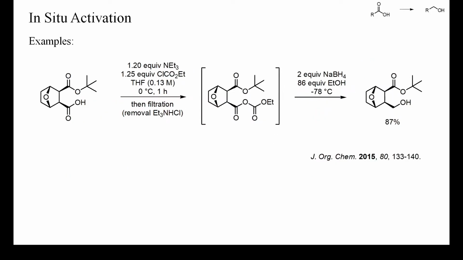In this example, the carboxyl group was activated as a mixed carboxylic carbonic anhydride by treatment with ethyl chloroformate. These mixed anhydrides must be kept cold because at room temperature decarboxylation usually occurs and causes the formation of an ester, an ethyl ester in this case, which is much less reactive than the anhydride. Again, the activated intermediate could be reduced with sodium borohydride at low temperature, which gave a high yield of the expected alcohol without epimerization or lactone formation.